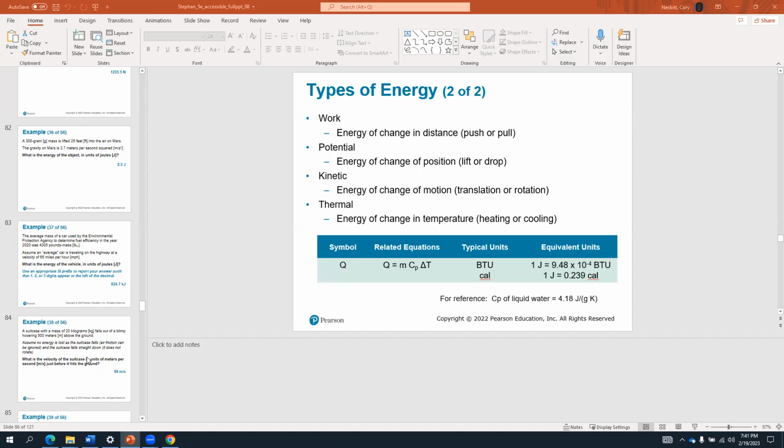All right. So, one thing to keep in mind is for energy, some of your typical units is a BTU and a calorie, the CAL stands for calorie. And 1 joule is equal to 0.239 calories. And 1 joule is also equal to 9.48 times 10 to the minus 4 BTUs. BTU is usually the